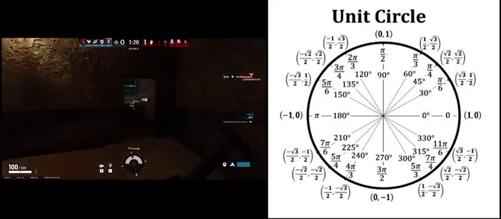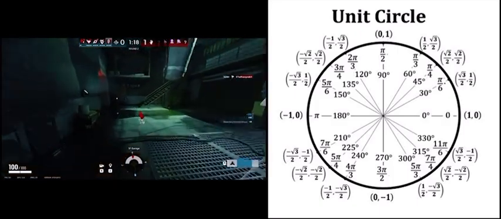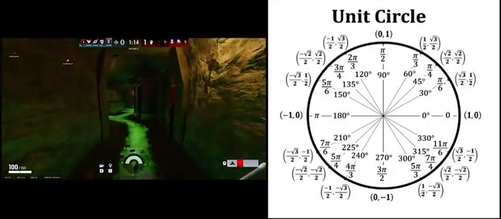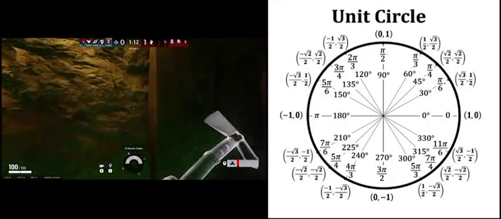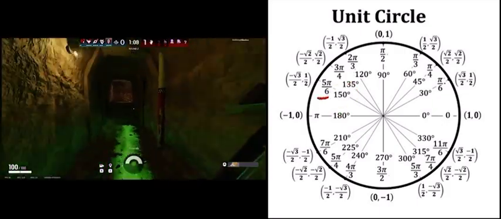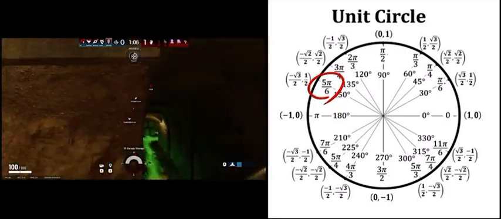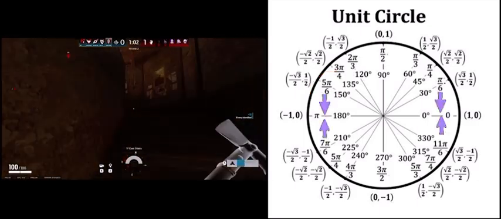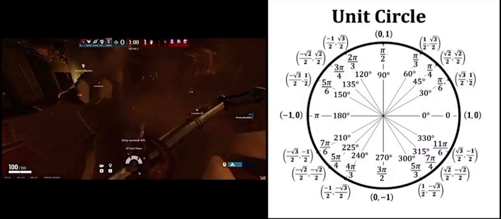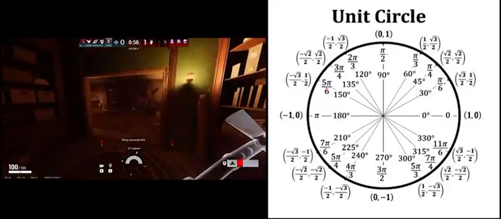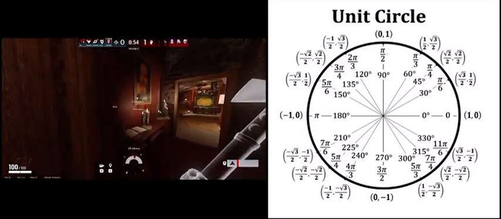After remembering that, to get to the other angles in the unit circle, you need to look at which line the angle is closest to and use that to determine the radians. For example, if you're looking at an angle of 150 degrees, you know that it must be 5 pi over 6. This is because being closest to the horizontal line means that the radians are over 6. And you know the 5 because it is right before 6, just as the angle 150 is right before 180